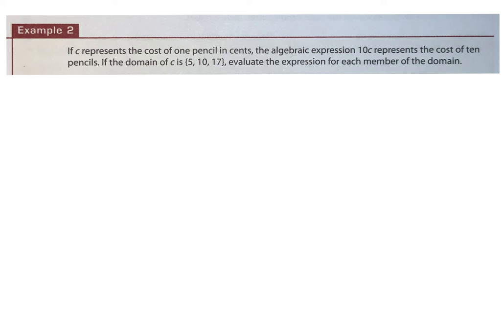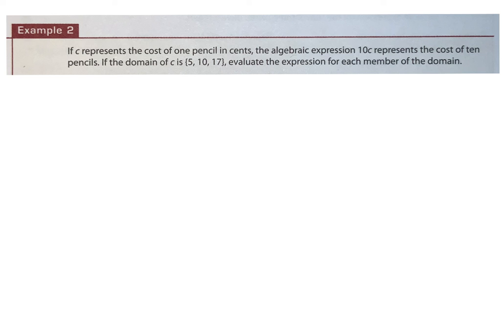If C represents the cost of one pencil in cents, the algebraic expression 10 times C represents the cost of 10 pencils. So if I have a cost of a pencil and I have 10 times that cost, I have just told you how much 10 pencils cost. That makes sense, right? If the domain of C is 5, 10, and 17, evaluate the expression for each member